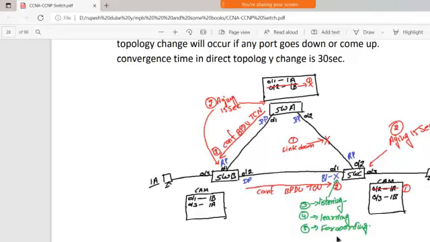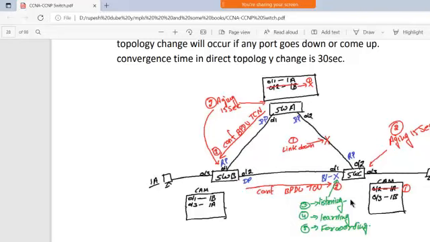So this is the DP port, means this is going to generate the configuration BPDU message. This is also going to generate the configuration BPDU, right? And then it will take 30 seconds for the active state, right?